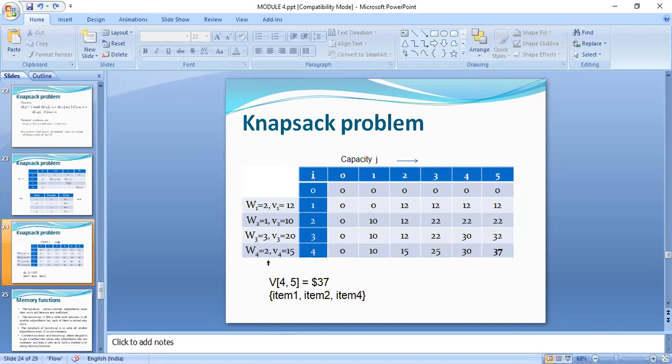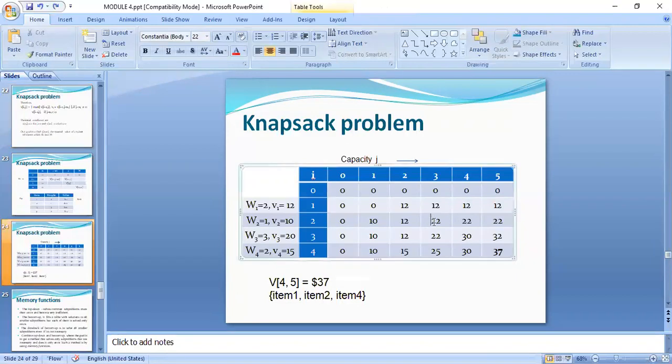When item 4 is taken, you reduce 2. When you reduce 2, the remaining weight will become 3. Why? Because the maximum capacity is 5. So now you have to see the remaining is 3. So 3 comma 3, whether it is equal to 2 comma 3. Yes, it is equal, so the third item is not included. Since it is not included, we need not reduce. Now your 2 comma 3 is checked with 1 comma 3, that is the previous items. It is not the same, so we will be including the second item.